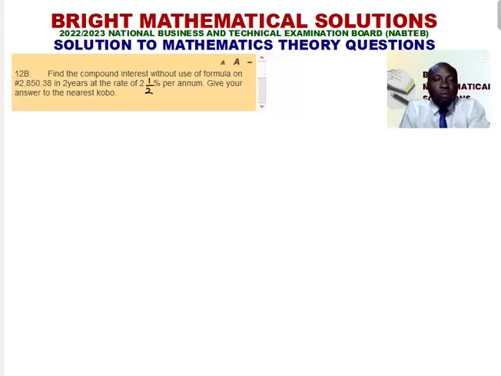The question says, find the compound interest without use of formula on 2,850 naira, 38 kobo in 2 years at the rate of 2.5% per annum. Give your answer to the nearest kobo. Now, for the first